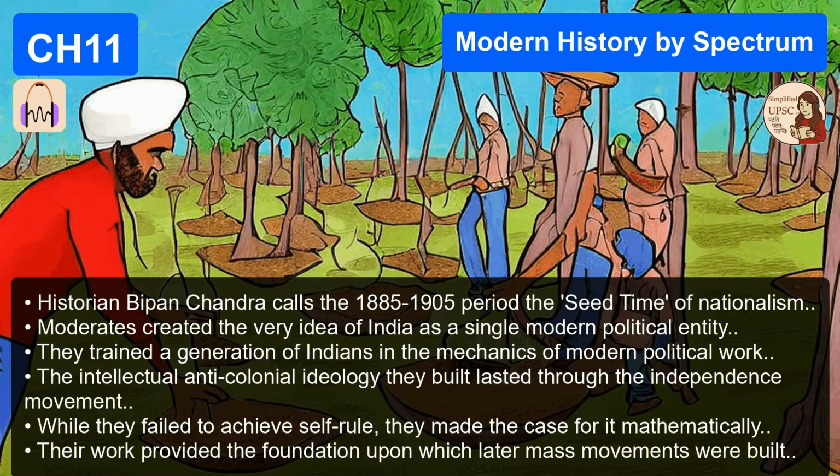Right. Brilliant. These are exactly the kinds of specific, nuanced details that separate a general reading of the book from a true UPSC clearing understanding. Absolutely. In this exam, nuance is quite literally everything. So, bringing this entire deep dive together, as we close the file on the moderates, what does this all mean for us today? Why does a 19th century petition movement still matter?